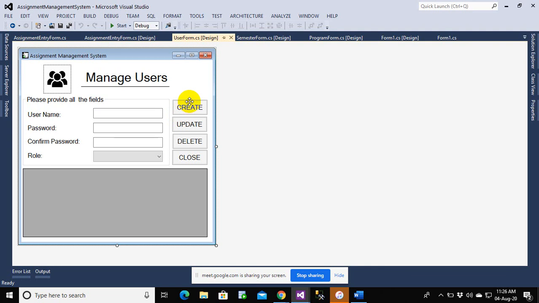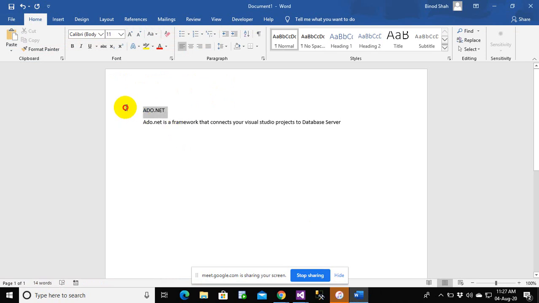Okay, well, let's say as soon as I click on this create button, the value should be saved into my database tables, and this should be retrieved from my database, and this will be populated onto this grid view. So there is an interaction from this front end to the database server, and I'm either saving that information to the database, or I'm trying to retrieve the information from the database. So my major objective is to save the information to the database and retrieve the information from the database. Okay, so in order to do that operation, there is something in the middleware, and this middleware is ADO.NET.